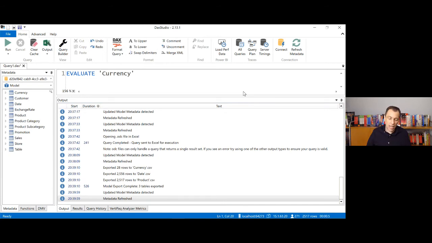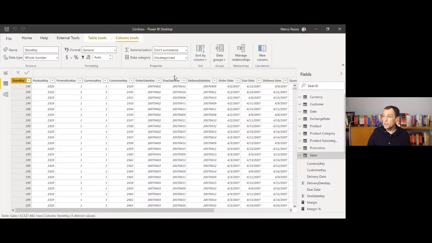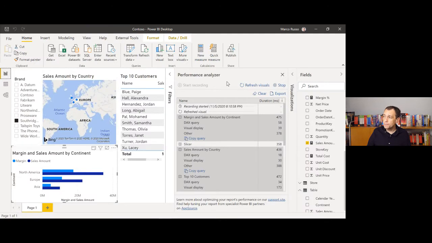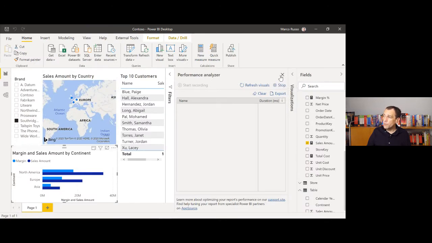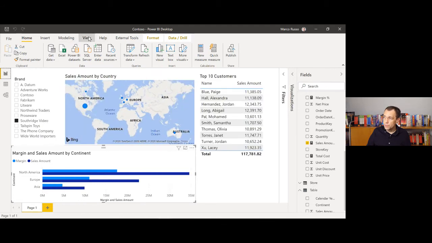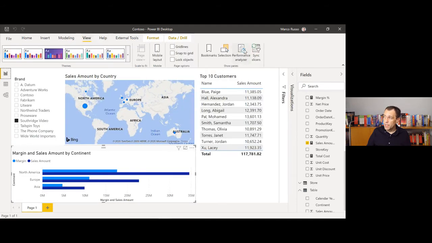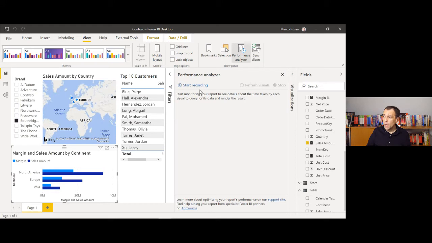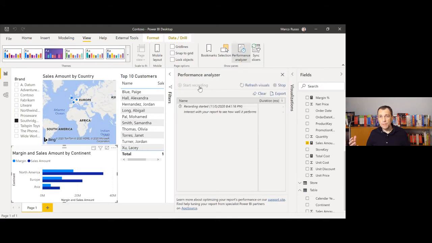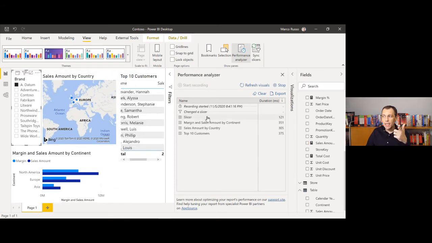Now, we have in Power BI features to analyze the performance. For example, here, if I open the performance analyzer, so if I go in View, Performance Analyzer, I have this pane. When I start the recording, what happens? Every action you apply to the report, like for example, I select a brand,